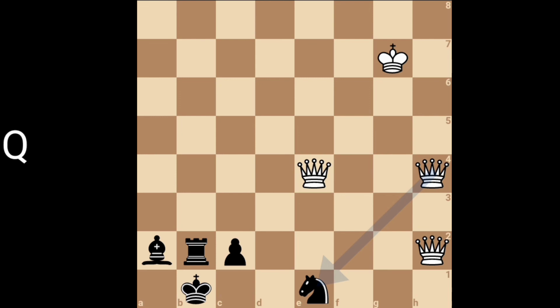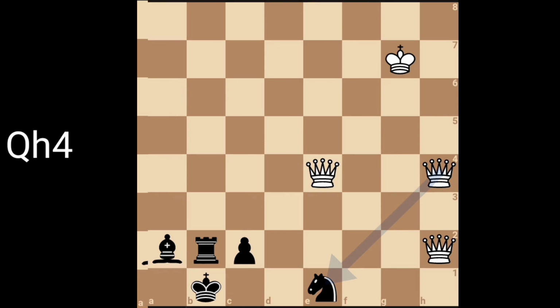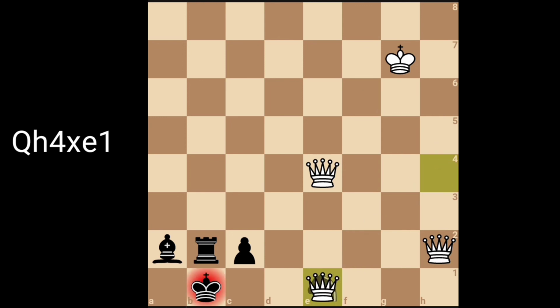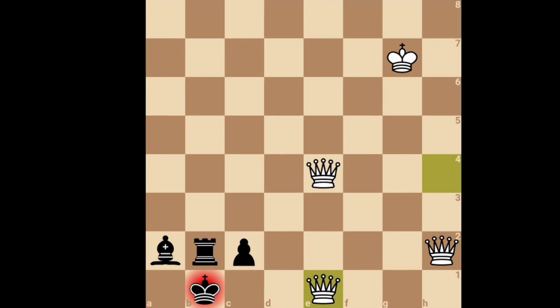Now we cannot use h since this queen is also on the h file. We cannot use the 4th rank as this queen is also on the 4th rank. So here we will have to specifically write h4 to highlight this queen. So we write Qh4. After that we use x for the capture, followed by e1, which is the destination square, followed by hash because it is also a checkmate. This example covers almost everything that we learned so far.